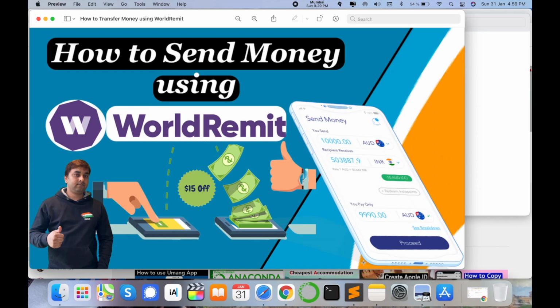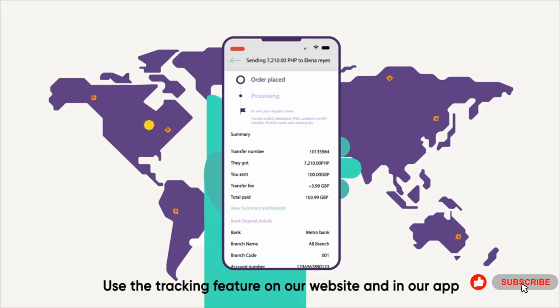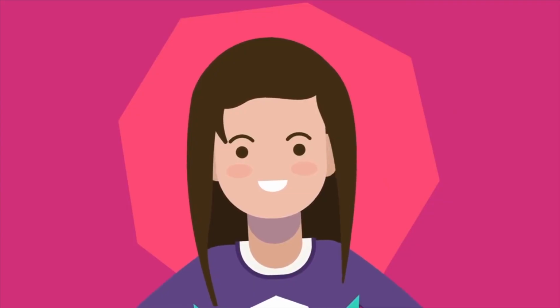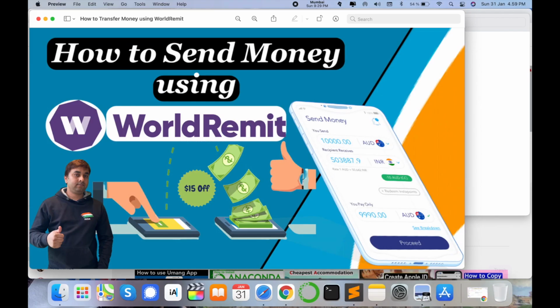Like I am right now in Germany, so I am transferring some money, a euro to INR conversion, and sending my money to my Indian account or my family account. It's just a fraction of a second using this WorldRemit application. So let's start with a demonstration.